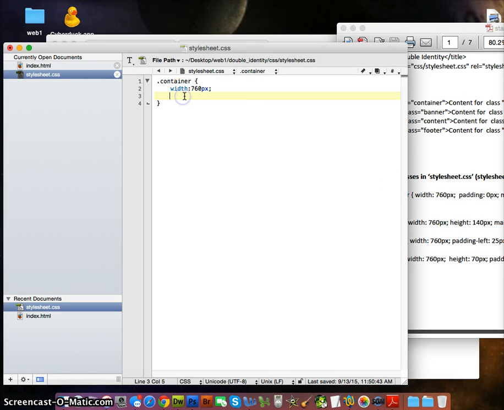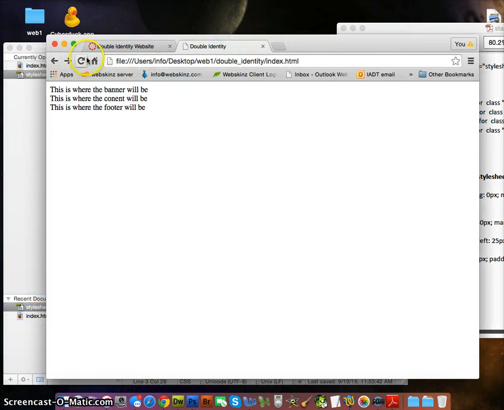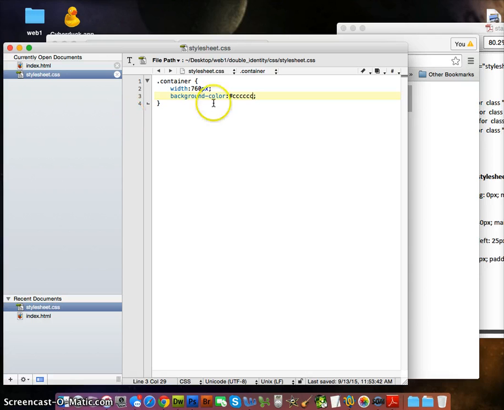So the next thing I'm going to do here is put my background-color, hashtag CC, hexadecimal number. And then let's save that, and let's go back to our double identity and refresh. Let's see what happened. Okay, so CC is gray. Let's copy this,